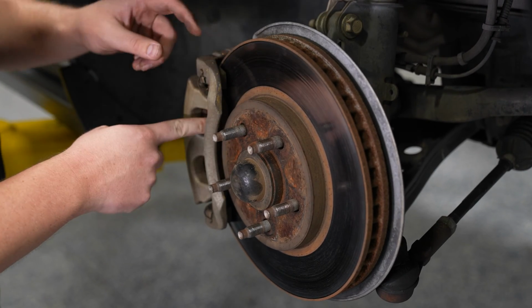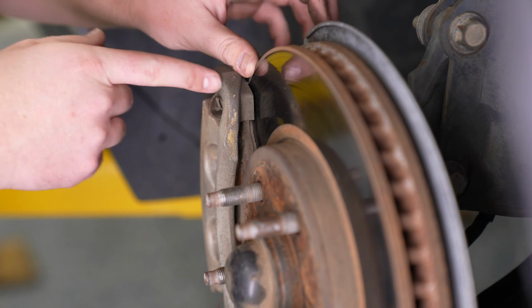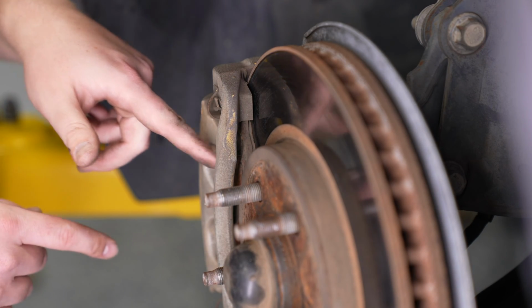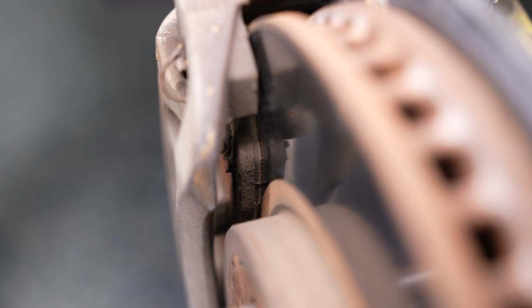You can see the pad material on the brake pad is pretty much gone. Typically, you're going to want to start looking at replacing your pads when the material reaches about 4 millimeters. We're not really measuring here, this is just eyeballing it to see if these pads need to be replaced, and that answer is definitely yes, because you can see in the front here, there is not much pad material left